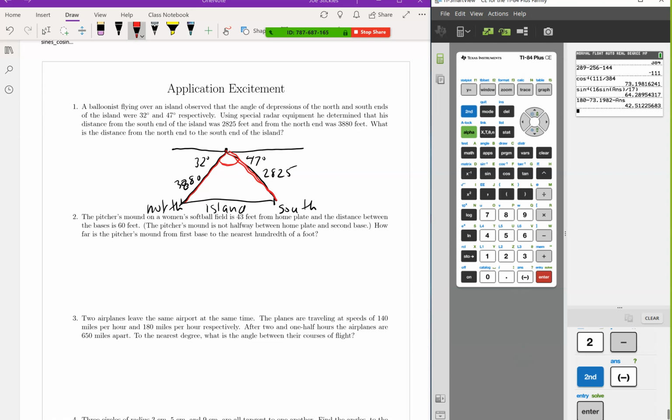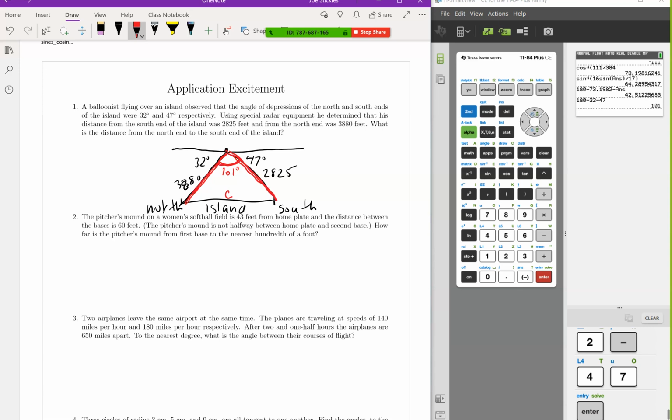So if I go over to the calculator, if I do 180 minus 32 minus 47, this angle here has to be 101, again, because I have to make up a straight line. And then finally, we're looking for this side that's on the opposite. So just for lack of a better letter, I'm going to call it C here. So notice I have two sides